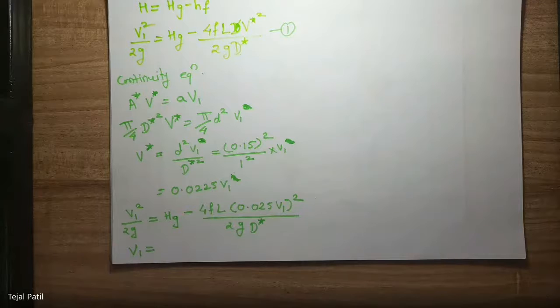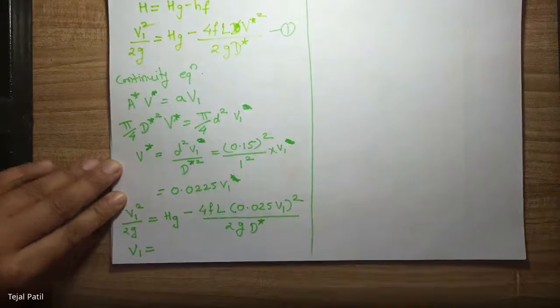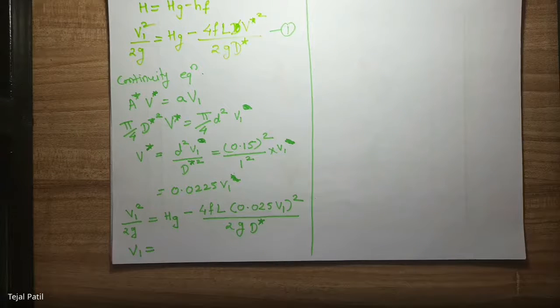Now, as I have taken CV as 1, you can put it as any value. Any value means, of course, I have given you the range, 0.97 to 0.99. In between it, you can take any value that will slightly make a difference in your value of V1. Nothing more than that. But just make it simple. If you need to assume the simplest value, that is 1. So how much did you get? V1?